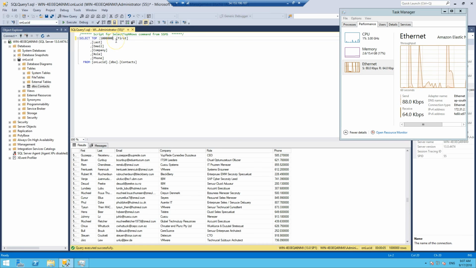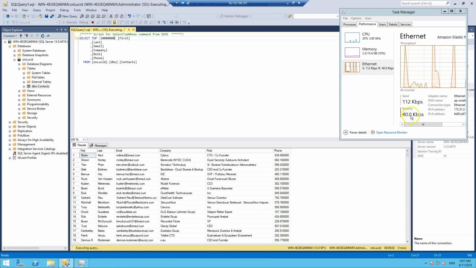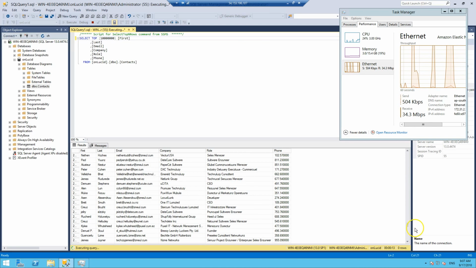So now we know there's 10 million records in that database. I'm going to apply 10 million to my query and say execute. Now the first 5 seconds, no data is going to be transferred because we have that in our cache. Then we're going to see the increase in Mbps as we start bringing in fresh data. So as you can see, fresh data is scrolling in and we've got an Mbps on our receive for our